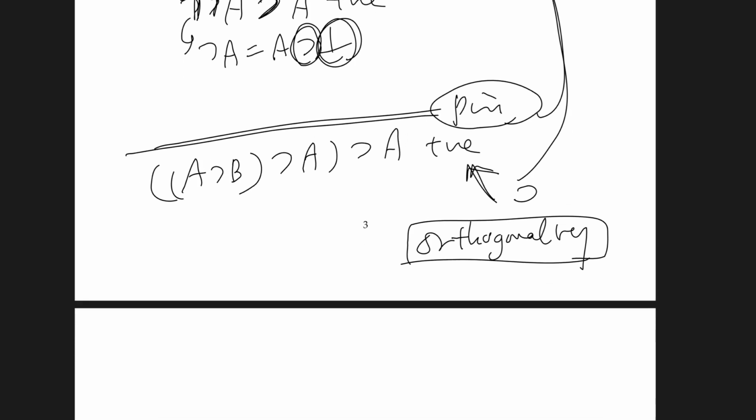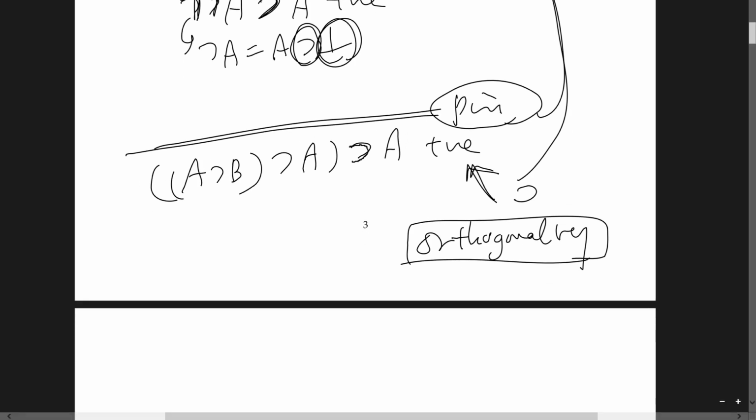So this time, the meaning of this implication, this logical connective implication, depends on the meaning of this logical connective implication. In other words, in order to explain the meaning of this implication, you have to presuppose